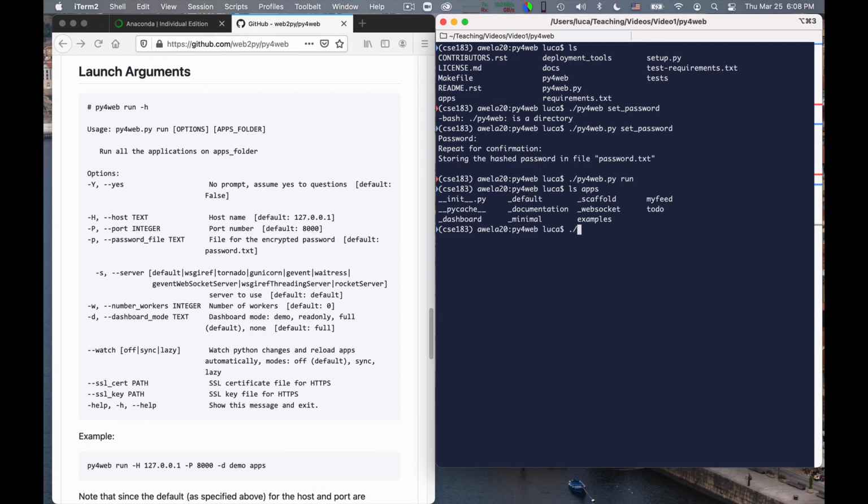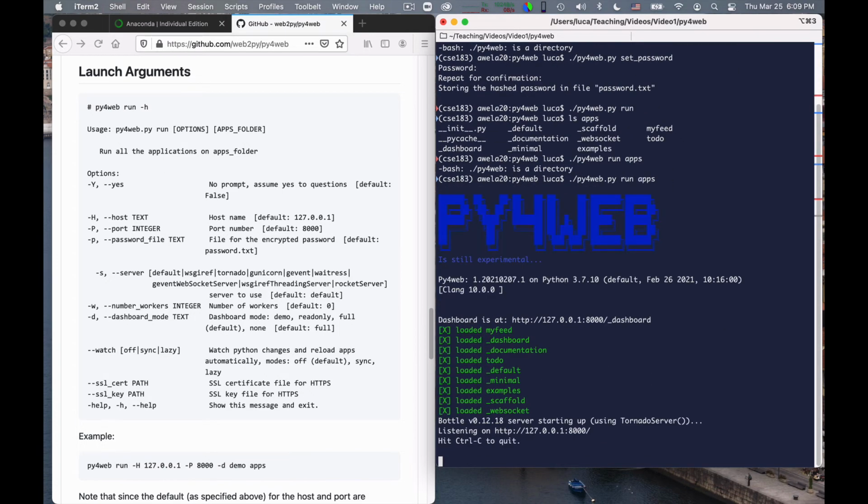So we have to say py4web run apps, and this starts running Py4Web, and it tells us that if we want to look at the dashboard, we have to visit this particular URL. Okay, so we can visit this particular URL,